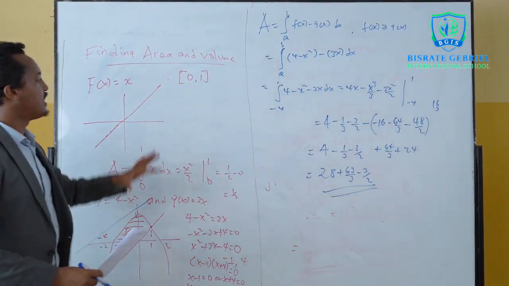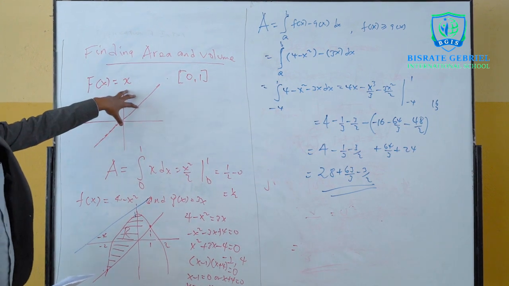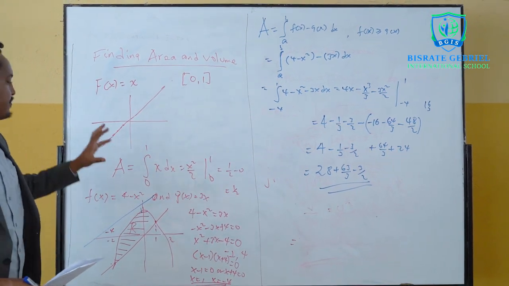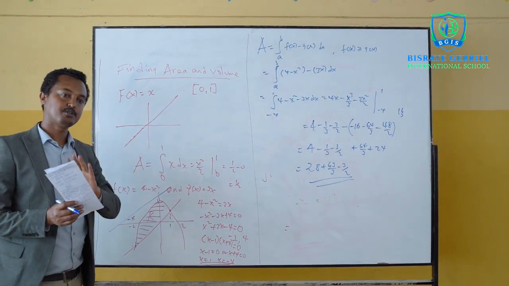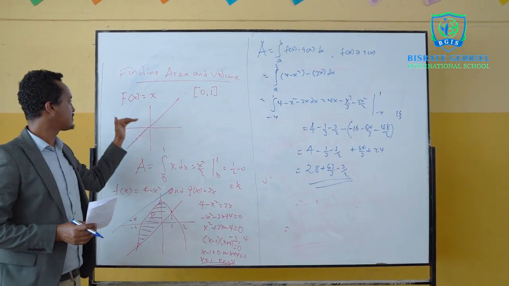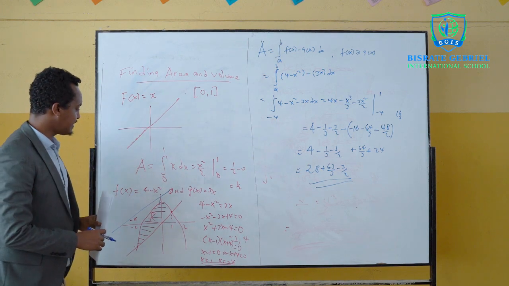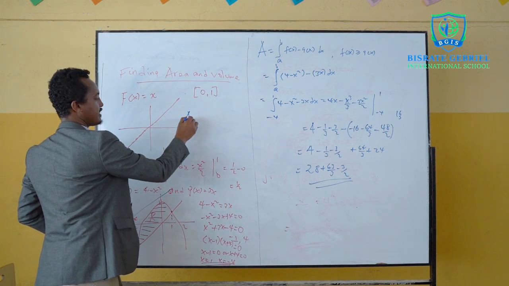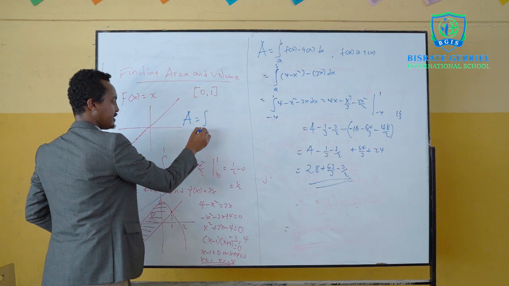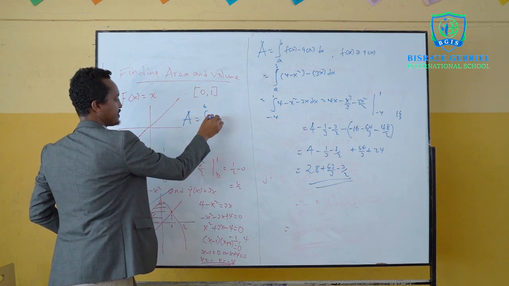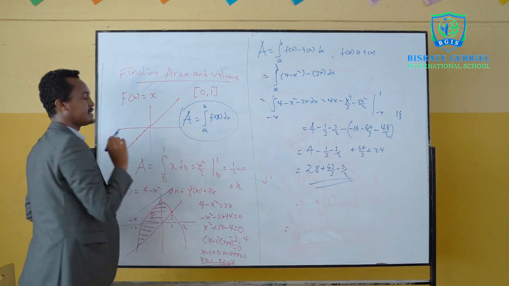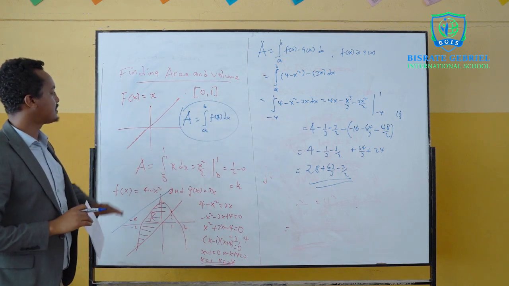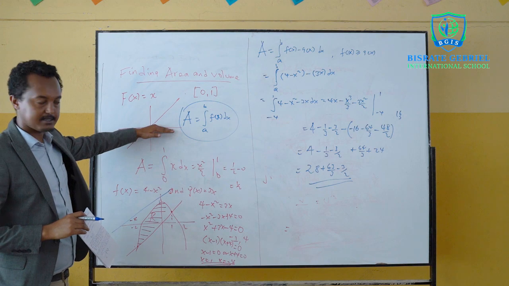So when we look at finding area, what we need to focus on is, first, to differentiate whether the area is formed by one function or two functions. When it's formed by one function, we just use this formula: area is equal to the integration between the lower and upper limits of f of x. We use this when the region is formed between the function and the x-axis.